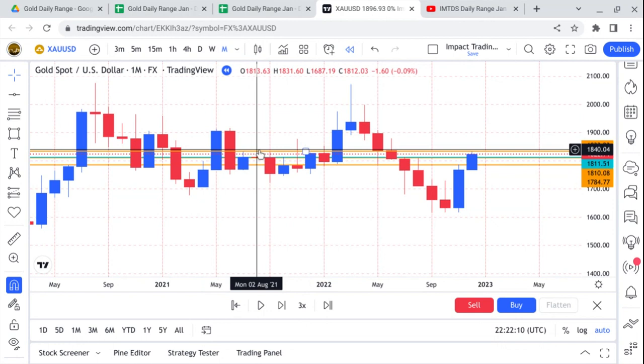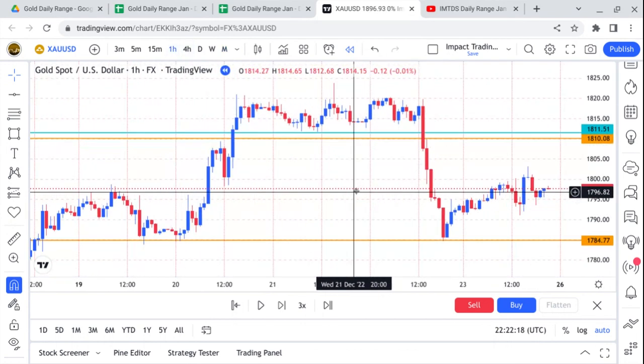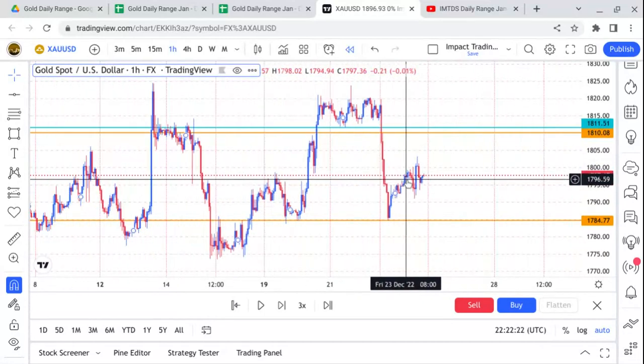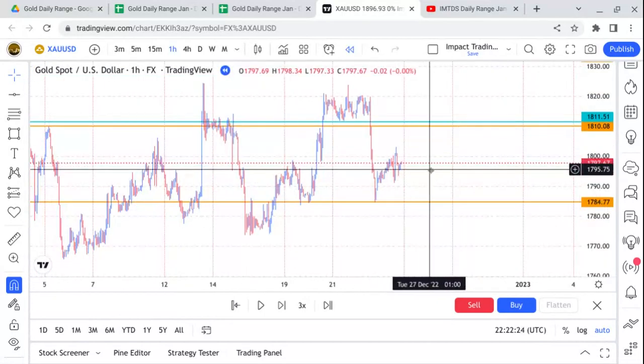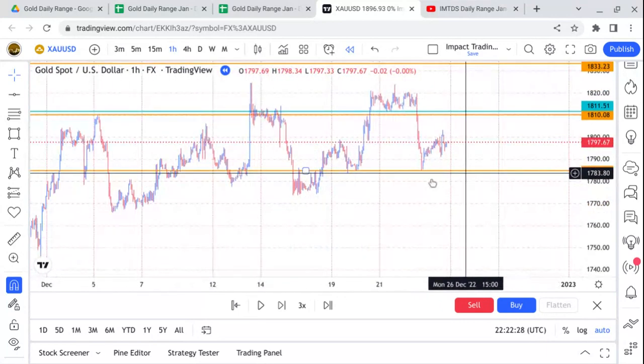We call those order blocks or zones where institutions place buy sell orders in the market. So we've drawn these levels,